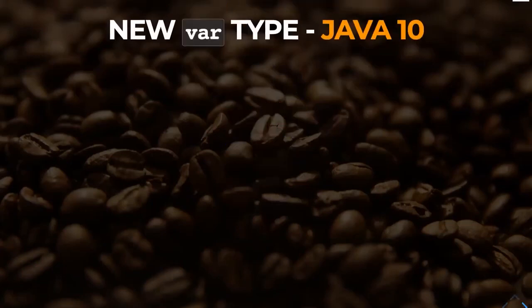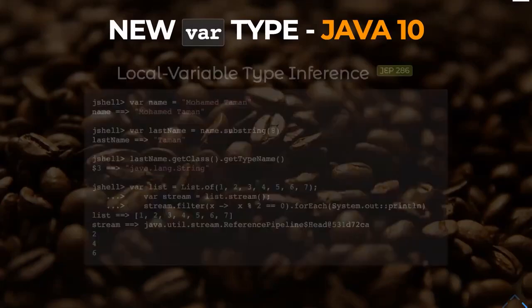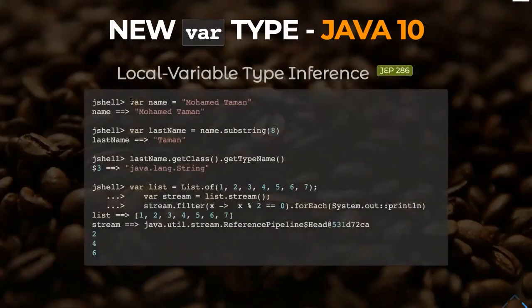One of the interesting things introduced in Java 10 is var, which is syntactic sugar. You can use var, and it acts as a type. This was first introduced in JEP 286, and you can use it like this. I'm always using JShell here because I'm trying features. As you can see, it's very easy to have it without an IDE and show you. If I have a string, it will infer the type as a string. If I have a substring, it will infer it. If I call getType, it will say this is a String, because it inferred it